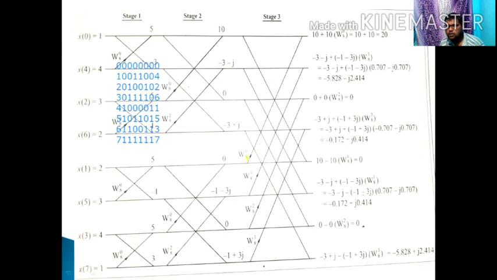I added all the 4 twiddle factors here in the negative line. So W8 power 0, W8 power 1, W8 power 2, and W8 power 3. So first stage, let us see the calculation part of this stage 3.